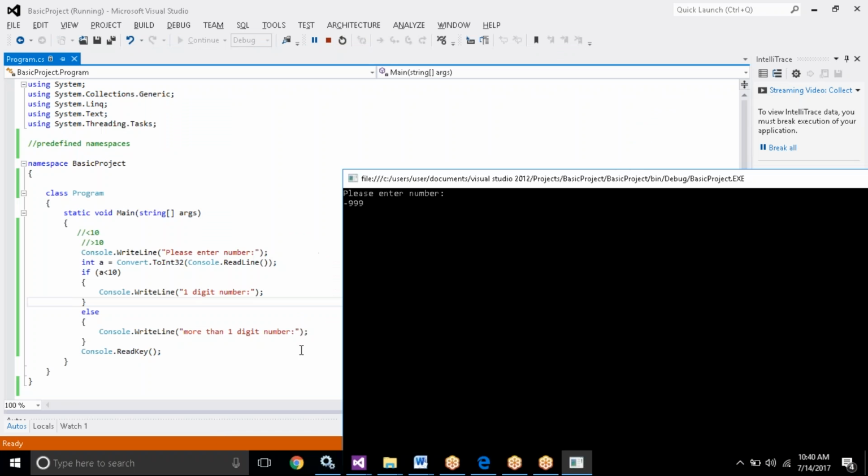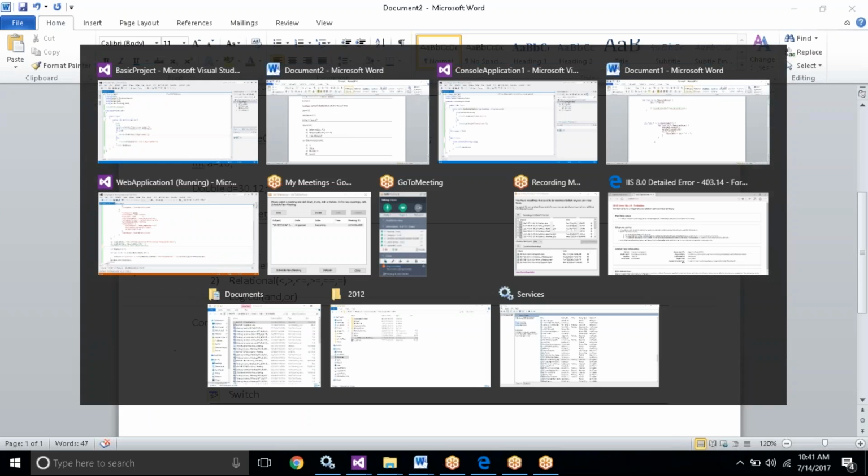It's a single digit number. Sneha, is it a one digit number? Because minus 999 is less than 10 only, right? So at that time it is treated as a one digit number, and this is entirely false. This is not what we are expecting. To solve this issue, we need to use